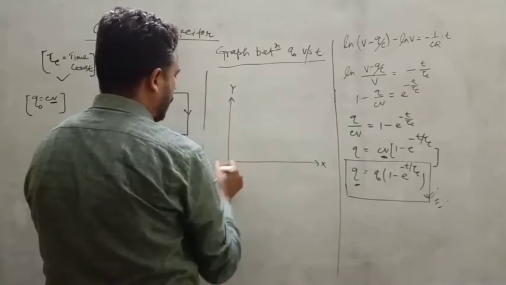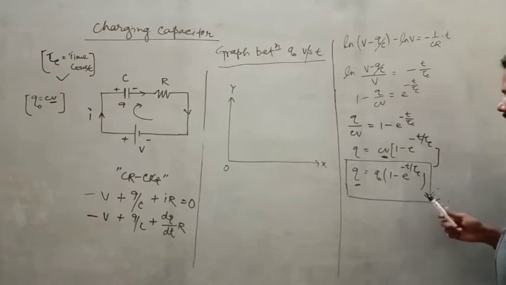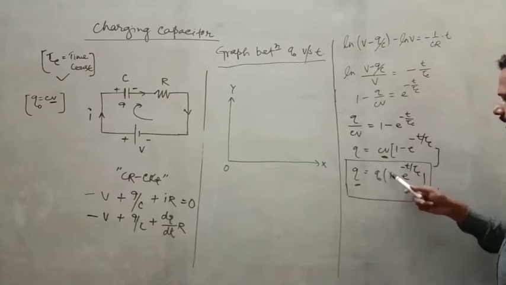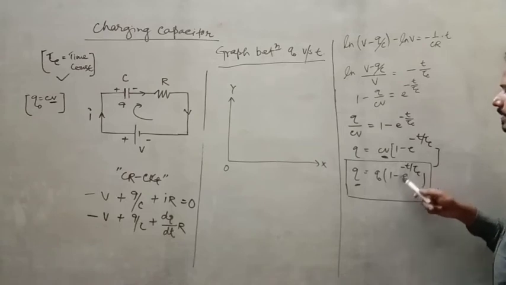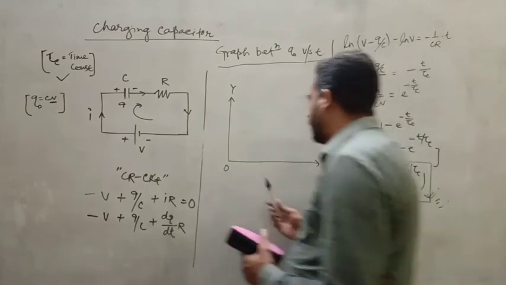It will be increasing with time spans. So you will get the maximum value Q naught, and less than the maximum value at less time. But how much less value will you get here? How can you calculate it? Because this one is time and this one is time. So for calculation, see what I am doing here.